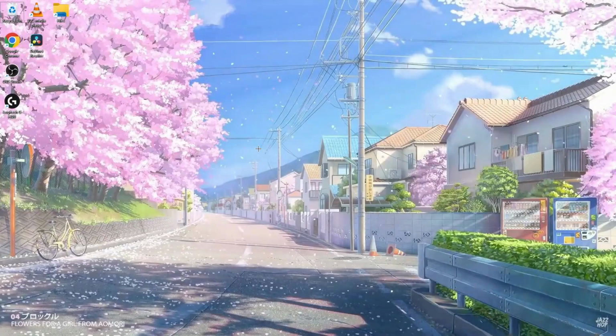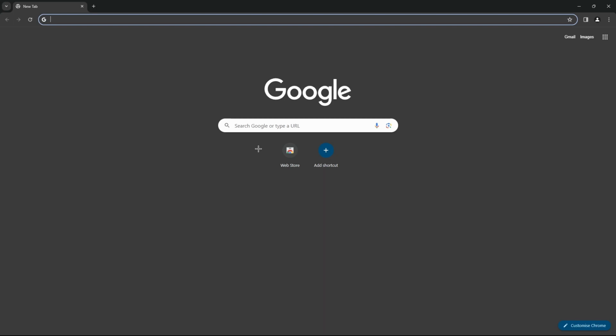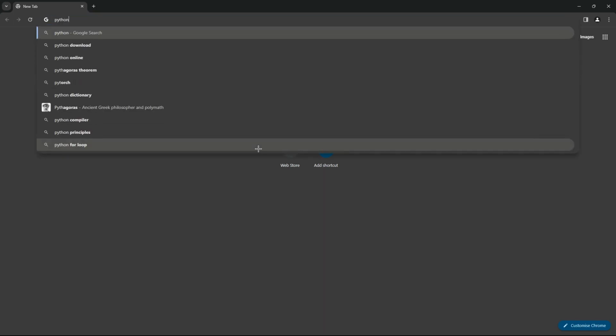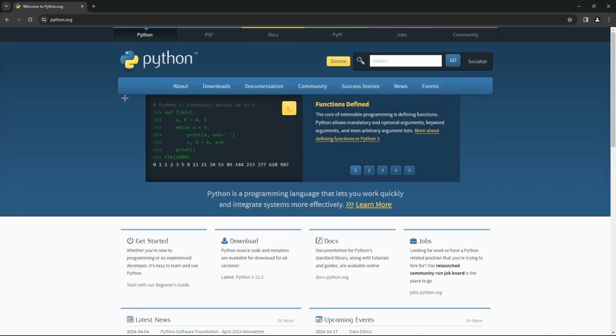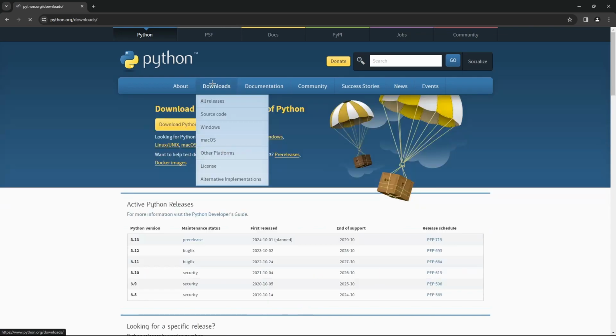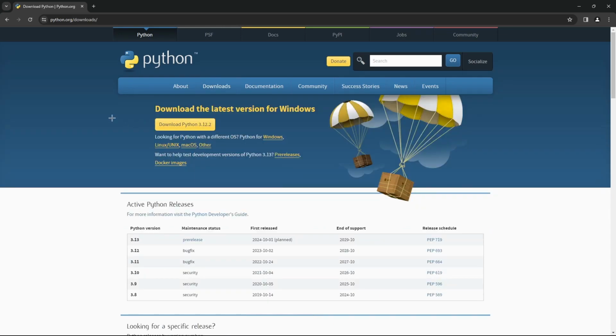To begin, let's just open up our browser. For me, it's Google, and we're just going to type in Python. When you see the python.org link, click on it and head over to download. It should say to download the latest version for your OS, mine being Windows. You click download Python 3.12.2,